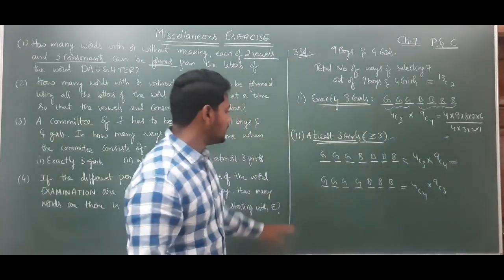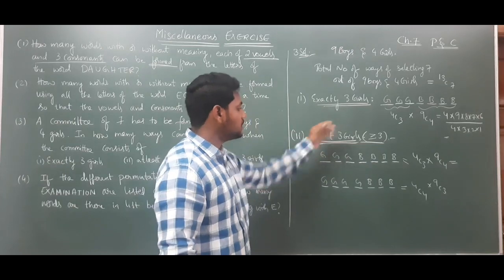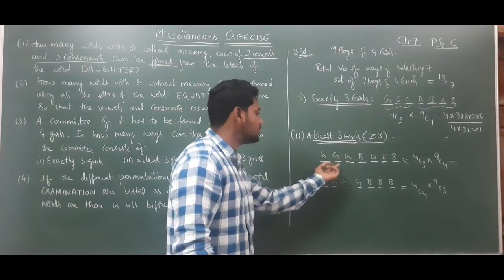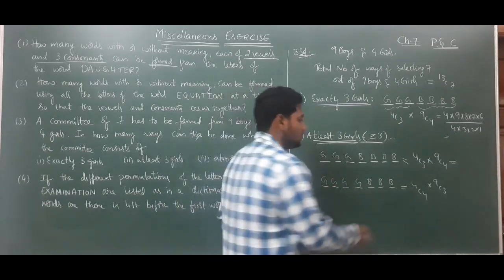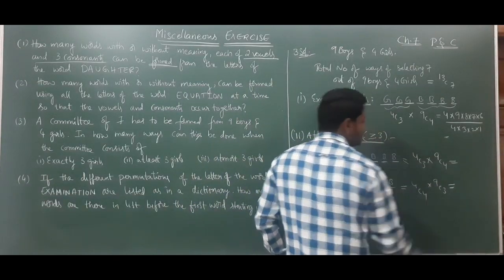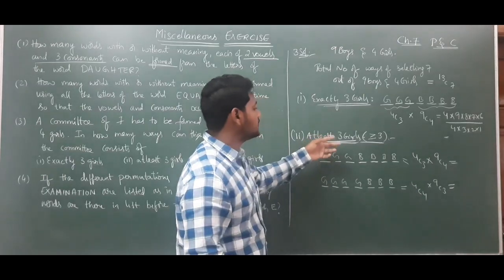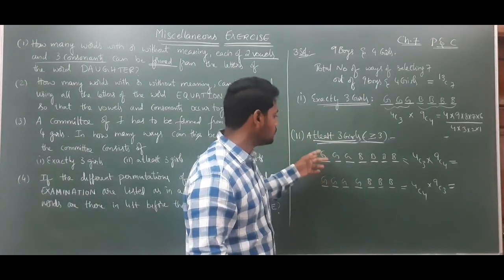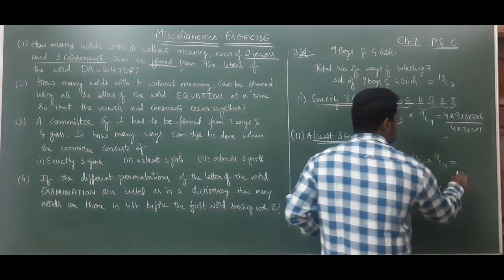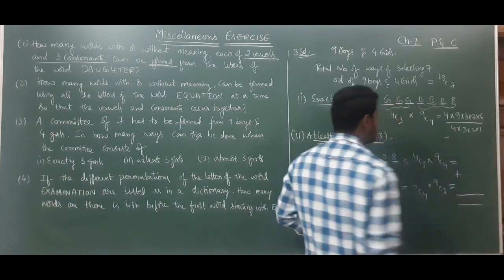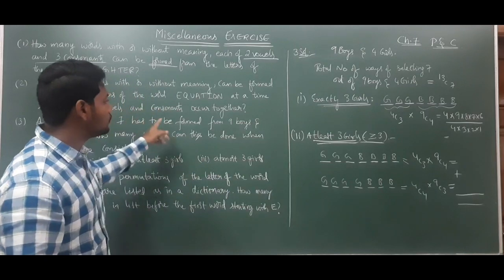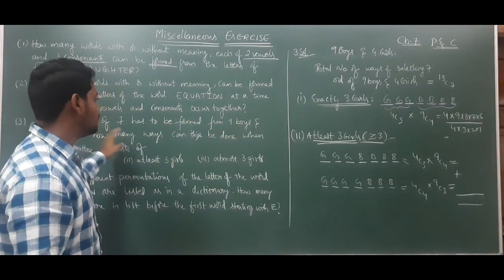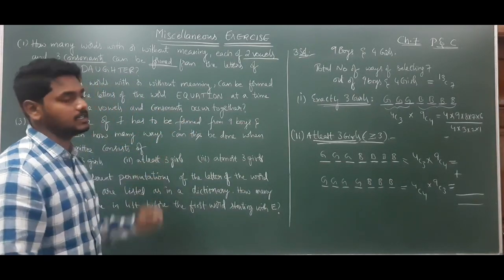So if you observe, at least 3 means either 3 or more. This is also at least 3 girls case only. This is also at least 3 girls case only. See, if you simplify these two, you will get 2 values. After that, at least means either this or this. So the summation of these two will be the solution for the number of ways of selecting a committee of 7 out of 9 boys and 3 girls when the committee consists of at least 3 girls.